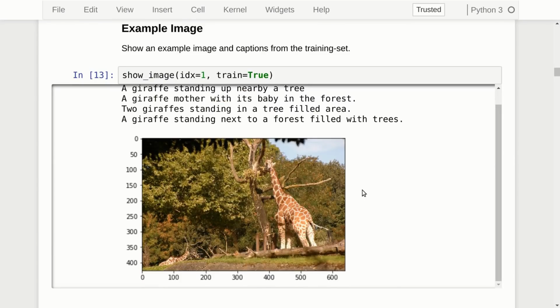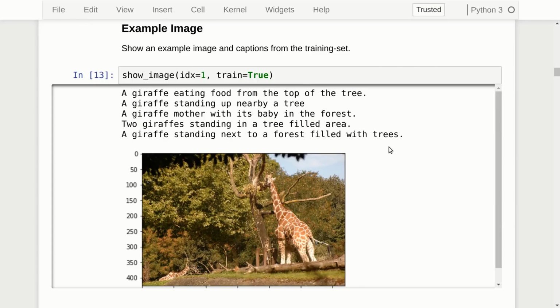So we have an example of that here. As you can see, it clearly shows a giraffe. And if you look closely, there's a second giraffe down here. The images have at least 5 captions each. I think there were a few of them that had more. So we have one here, a giraffe eating food from the top of the tree. A giraffe mother with its baby in the forest, and I can almost guarantee you that it's a woman who